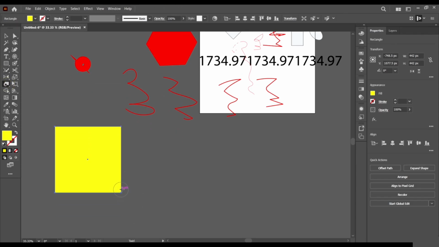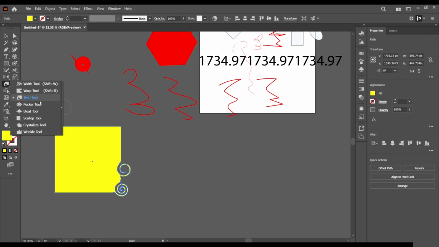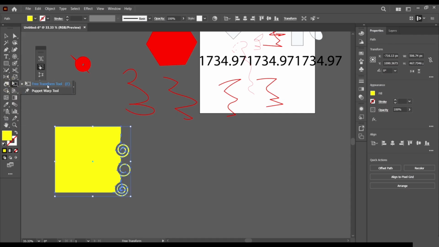Then come and select this tool here. Now you see this is what the twirl tool does, and all of these tools distort our shape in certain ways. Now we have this one, the free transform tool, the puppet tool. All of them transform our shape in certain ways.